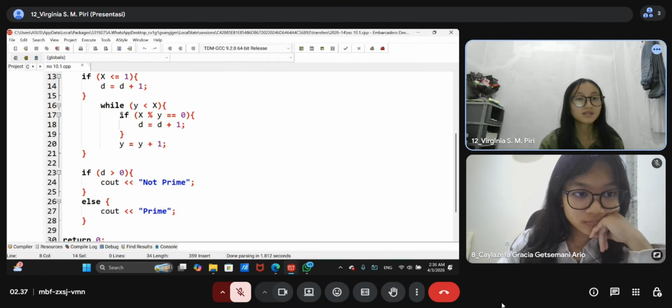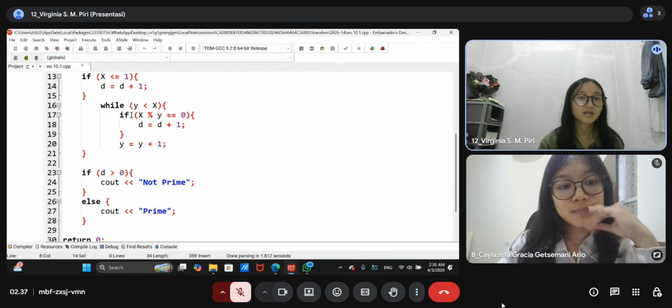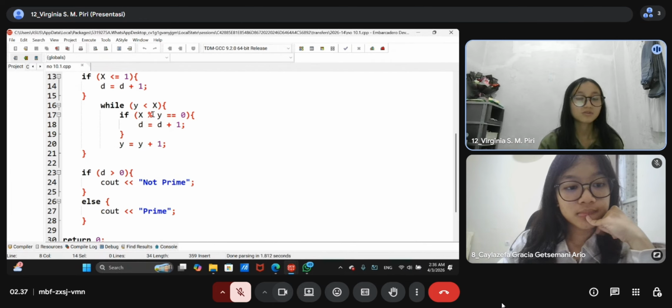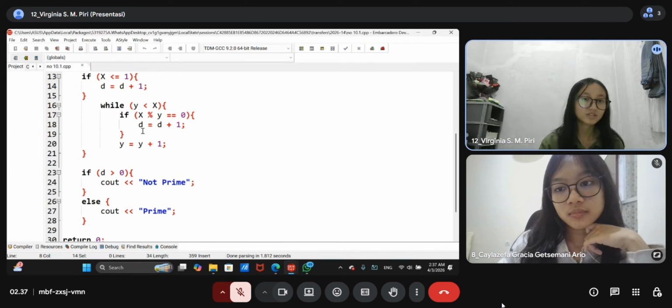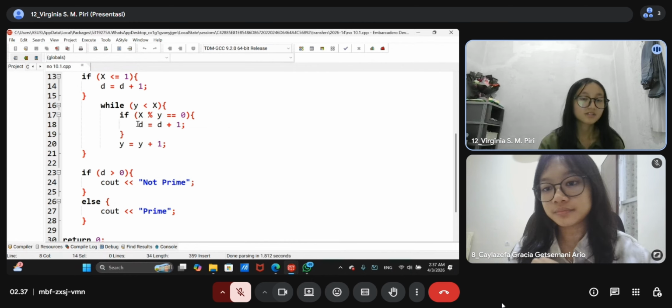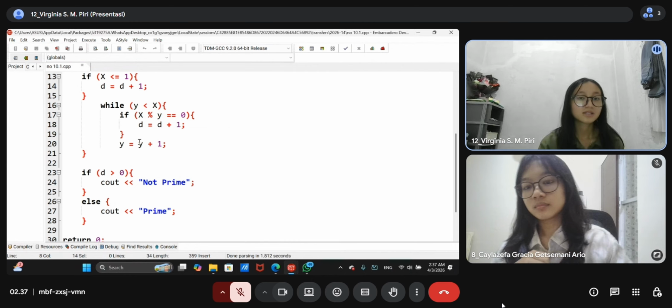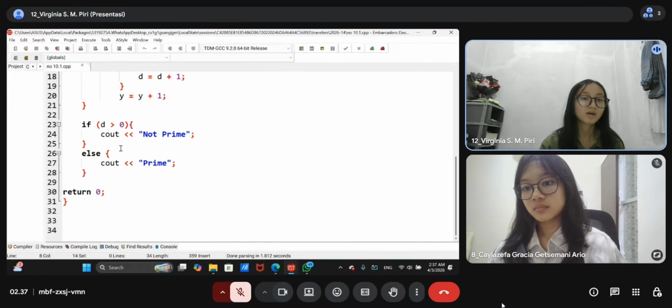And then while y is still less than x, we run this program. If x modulo y is equal to 0, then we add 1 to d and store it in d. After that happens, we add 1 to y and store it in y.